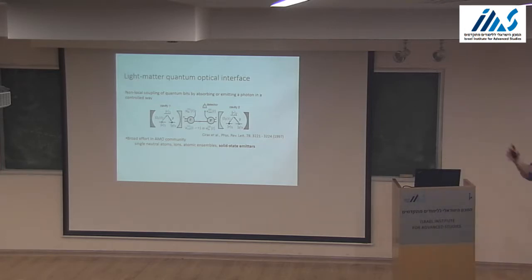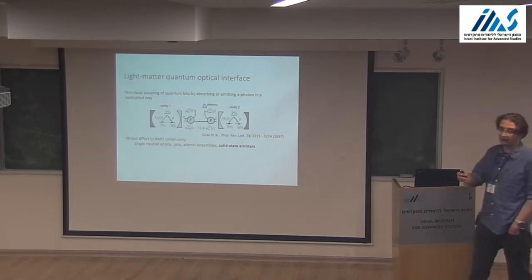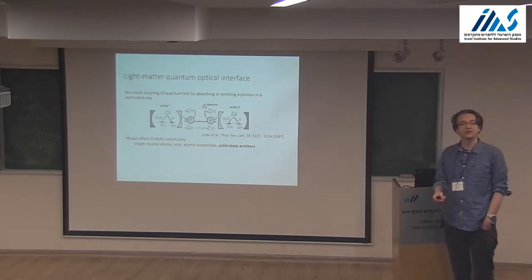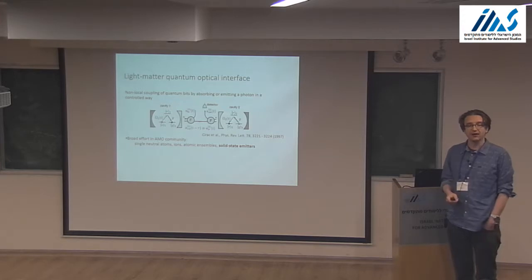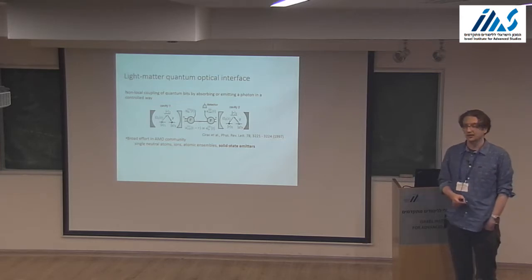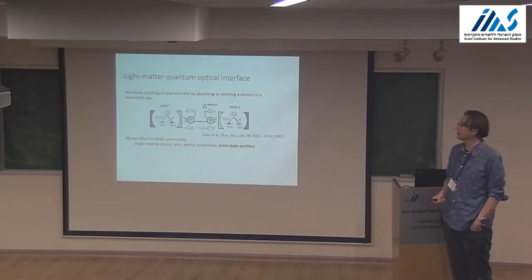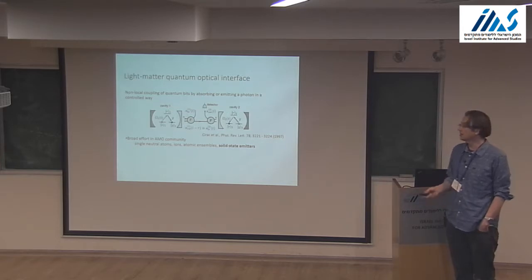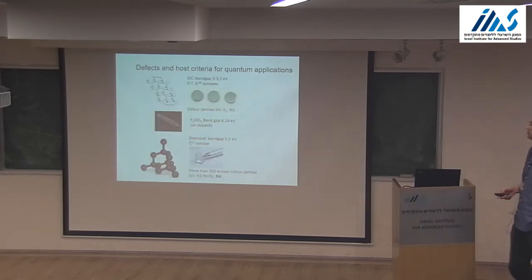Among solid state systems, I would like to highlight a few materials where you can find defects, optical color centers that are similar to atomic systems, like qubits, so relatively homogeneous emitters, and those are defects in wide bandgap semiconductors like silicon carbide